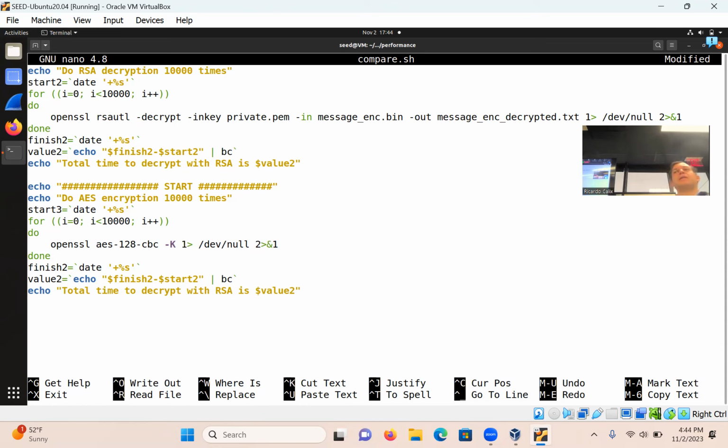Okay, so you have to think, this is what I'm saying, you're going to have to do a little bit of research and figure out how do I compare RSA to AES? What would be the equivalent parameters, like key size and things like that, but I leave that to you to fill in. And so aes-128-cbc -K, and then like we've added the passwords here, 01